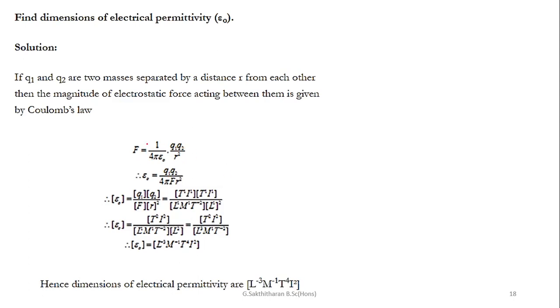This one is the electric field. Okay. So the electric force equals 1 over 4 pi epsilon. Here 4 pi is a constant value. So epsilon naught equals